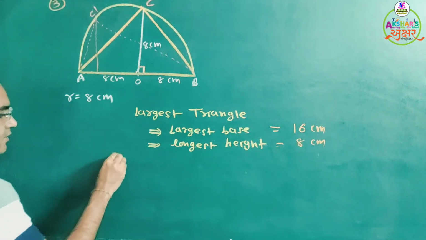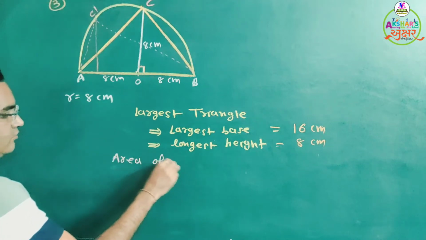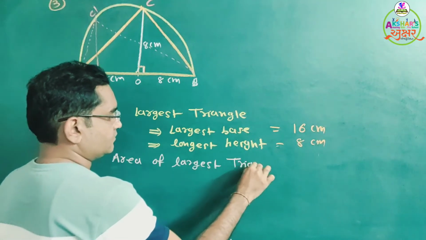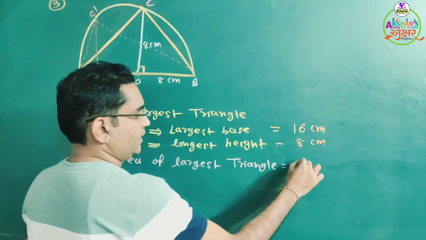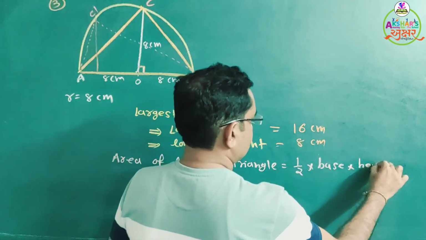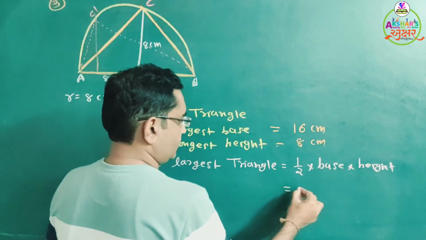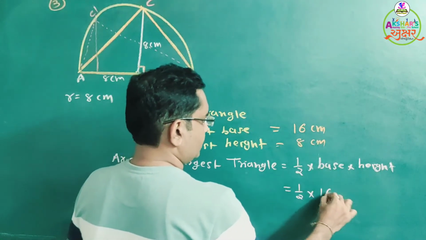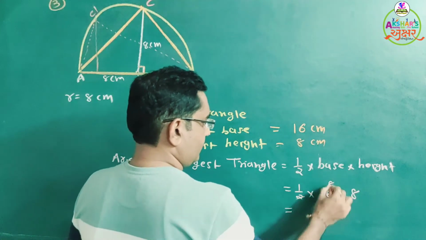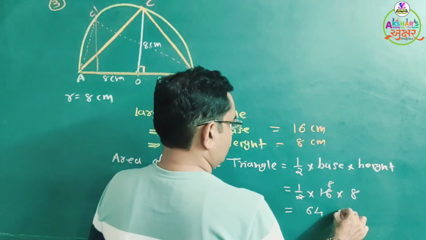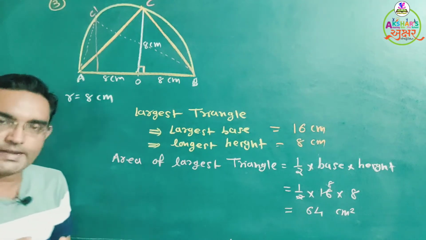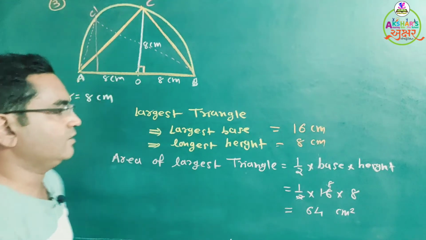So area of the largest triangle is 1/2 into base into corresponding height. This is equal to 1/2, base is 16 centimeter, height is 8 centimeter. So cutting, 2 8s are 16, 8 8s are 64 centimeter square. So area of the largest triangle that can be inscribed in semicircle is